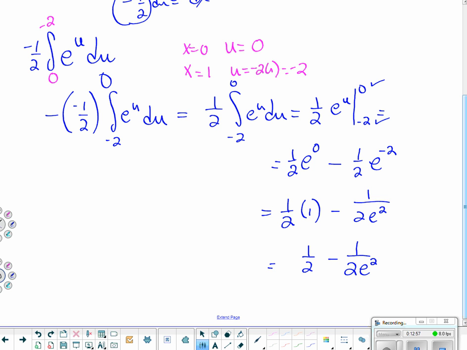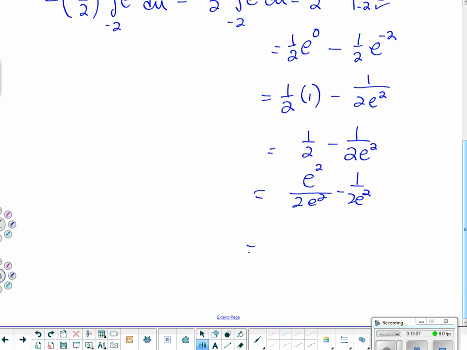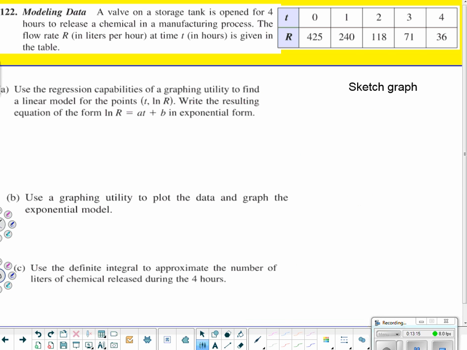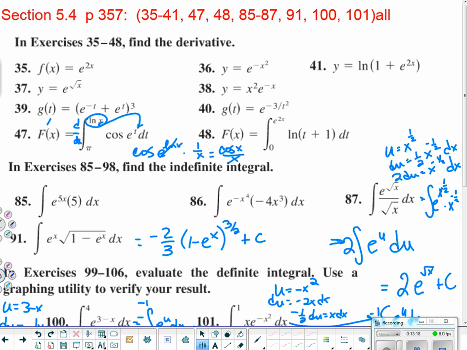Good answer. If you wanted to pull this together, we'd have e squared over 2 e squared minus 1 over 2 e squared. Common denominator, it can write out nicely as e squared minus 1 over 2 e squared. All right, that should help get you through. There is homework that follows this. It is coming from page 357. Have a great